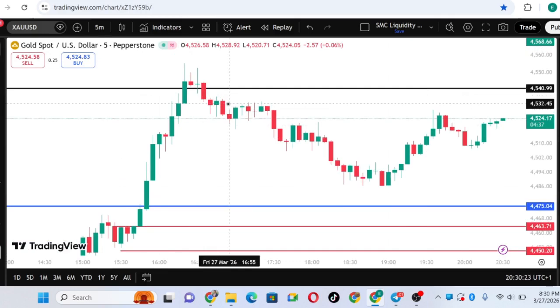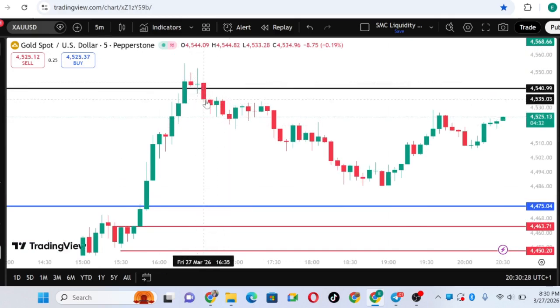So now at this point, this was when this came down and closed bearish. The moment this closed bearish, I was preparing, but I wasn't certain. But I needed something like this. This was the trade I needed. So when this one closed bearish, I had to release the setup.